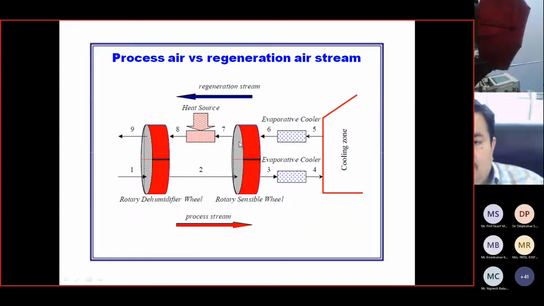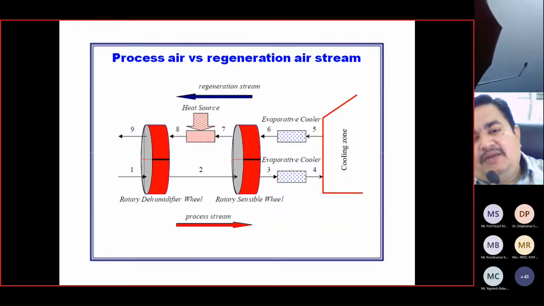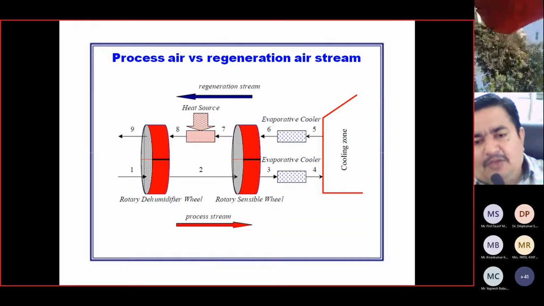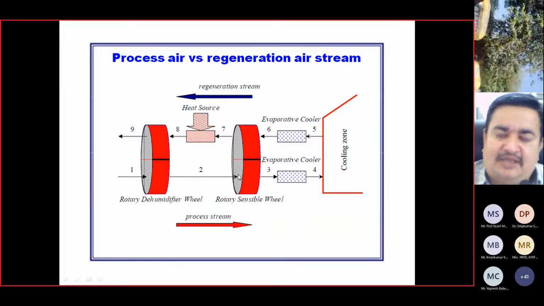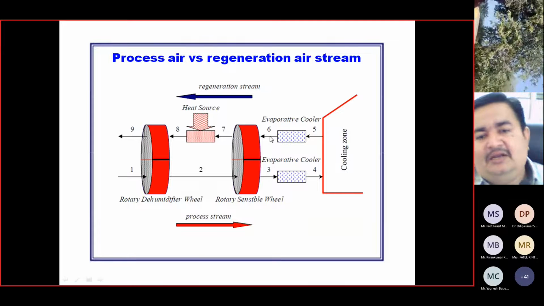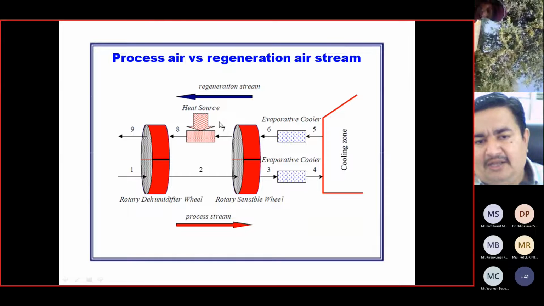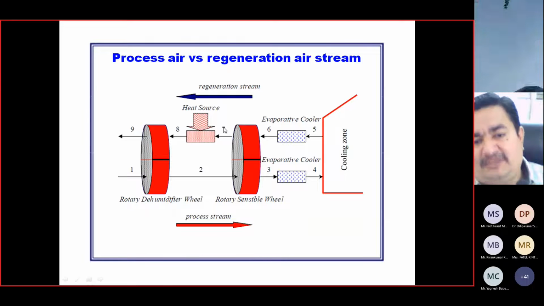So this wheel is just a matrixed wheel, some metal matrix available with the wheel. When this wheel gets rotated, the air flow is divided into 2 channels. One is the area section for the process flow, and another is the area section for the reactivation air. While this matrix comes into contact with the process airflow, it gets heated and gives its heat to the reactivation air source. So here we are getting an increased warm temperature at state point 7. So the amount of heat to be supplied by the heater can be saved.